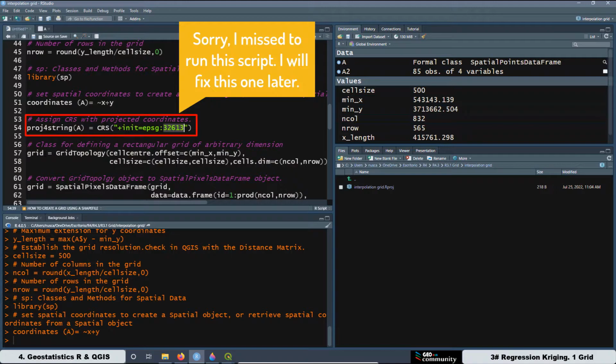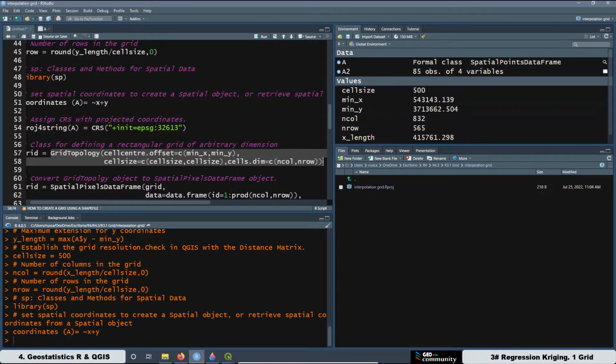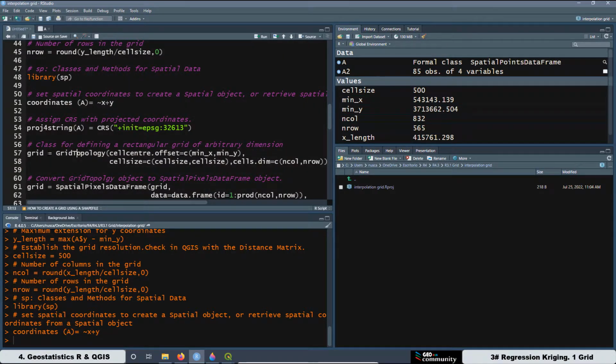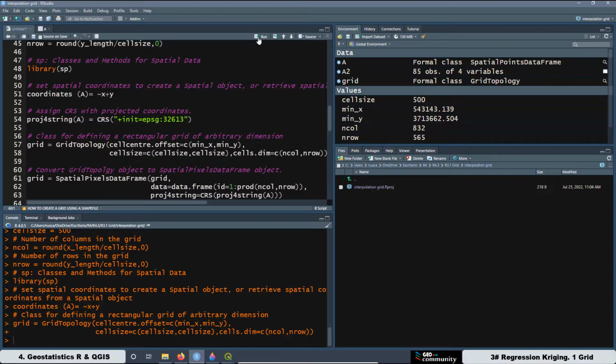Then the next step is going to be to create the grid, okay? And we are going to define our grid with this name, grid, and those are the properties the grid is going to have, okay? We define all the properties over here. We already did all the values that we want for our grid, and then we specify over here, okay? And that one is going to create an object. Let me show you. Run this part, and now it's created this object that is called grid, and this one is the class GridTopology, okay? And with the next section, what we are going to do is convert this grid topology to a SpatialPixelsDataFrame object, okay? And this one is the script. Then we can run,